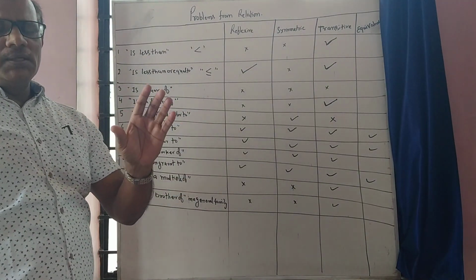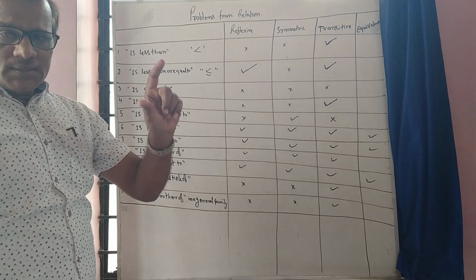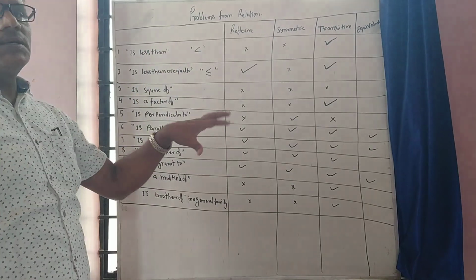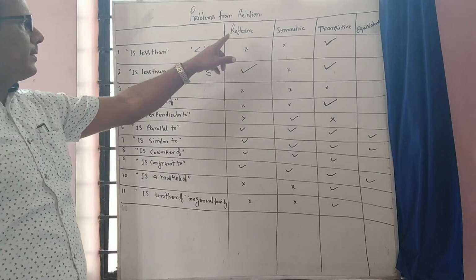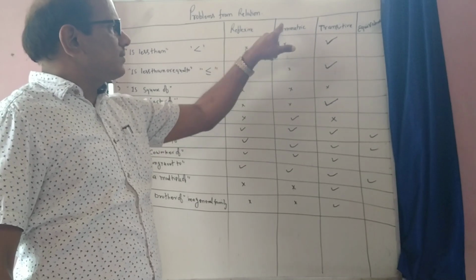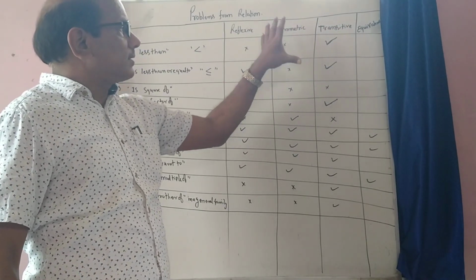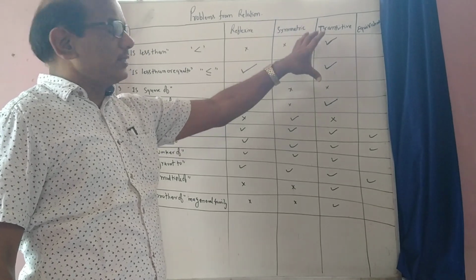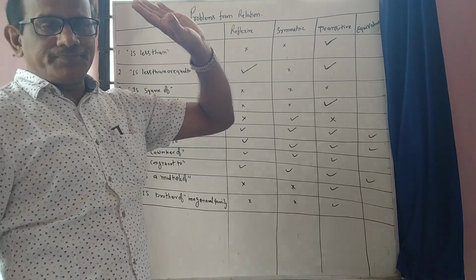As I told in the last class, we are discussing ordered pair relations. These are some well-defined relations in mathematics. First, we discussed three types of relation in the last class: reflexive, symmetric, and transitive. And if any relation satisfies all three conditions, the relation is said to be an equivalence relation.